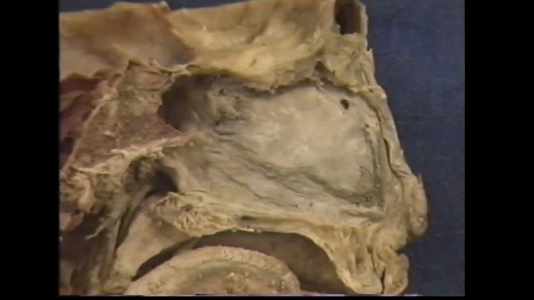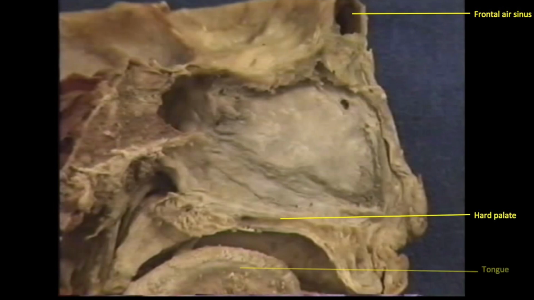In the previous lab, we bisected the head, and as recommended, the bisection was done so that the cut was a little off-center to preserve the nasal septum. Let's identify a few structures to become oriented with the image. Here we see the frontal sinus, the hard palate, the tongue, the uvula or soft palate, and the body of